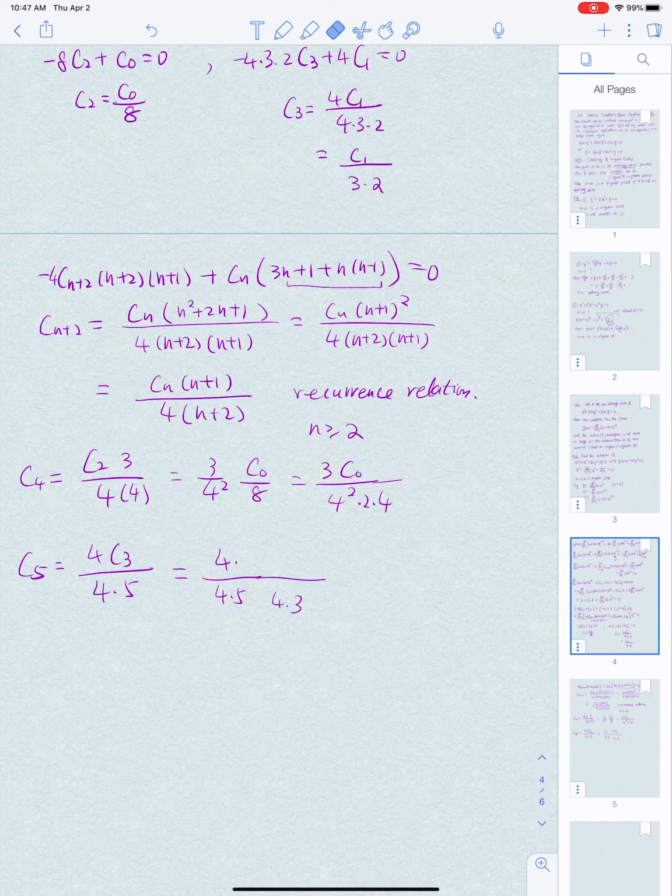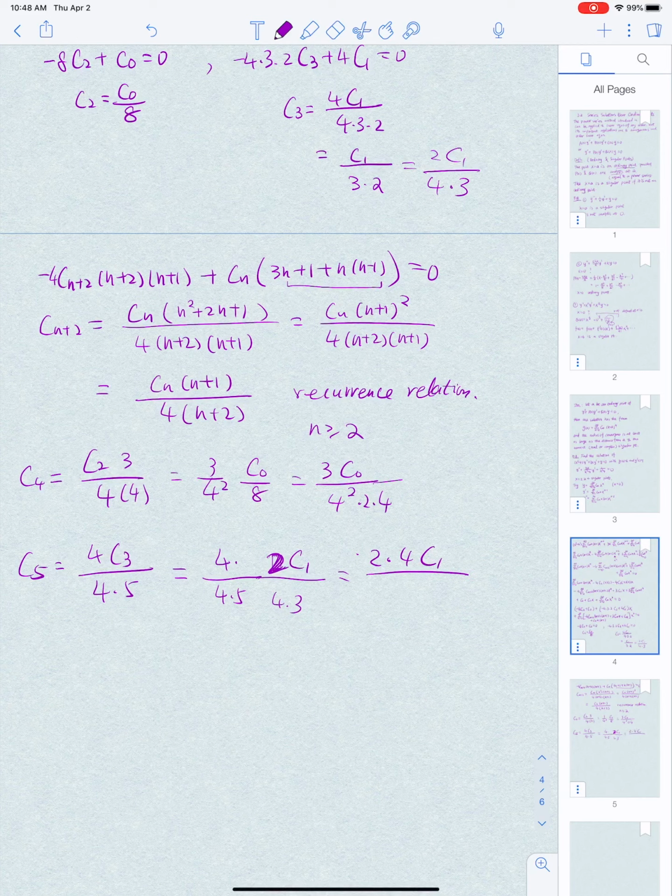I'll erase this. Should be a 2 C1, because C3 is C1 over 3 times 2, which is C1 over 6. So that's the same as 2C1 over 4 times 3. Yeah, to rewrite this way, the reason is then we can